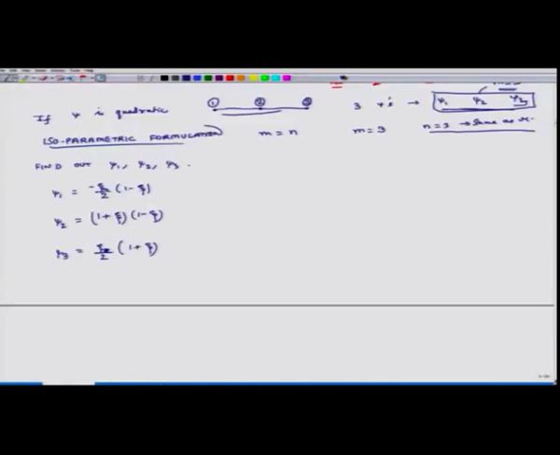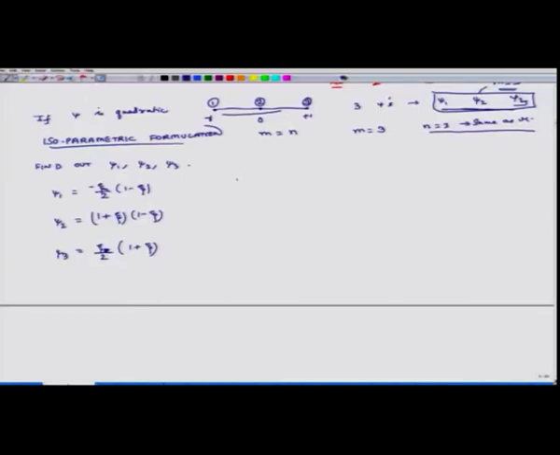I am sorry, for the element zeta is minus 1 here and plus 1 here and 0 here. So, at the first node zeta is minus 1, if I put minus 1, then the value of psi 1 is 1. Its value is 0 at the second node where zeta is 0, and its value is 0 at the third node because at the third node zeta is 1. So, you can check all these psi 1, psi 2, psi 3 meet those requirements.